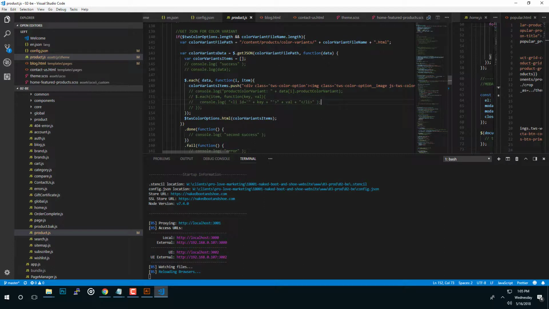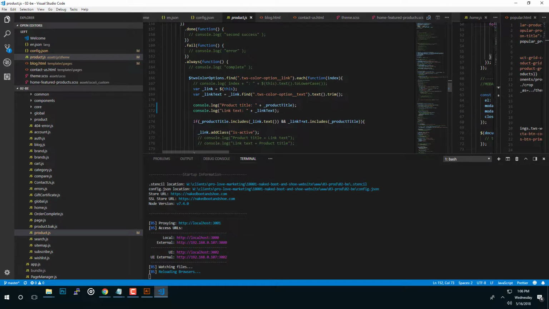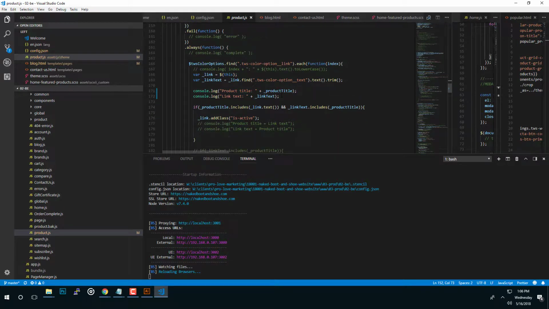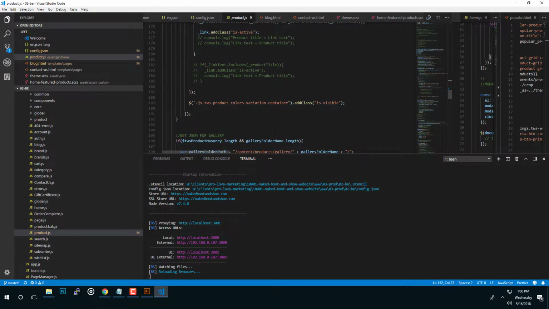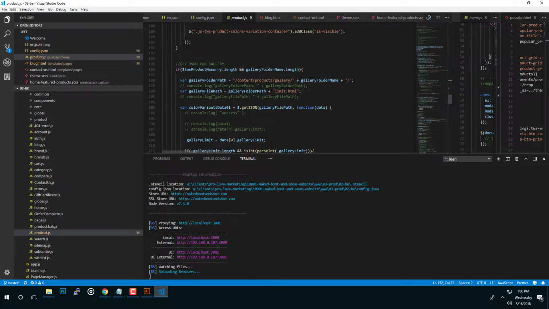Then the JavaScript will look for that directory, check the image exists, connect. If it's successful, it will generate HTML markup, and then